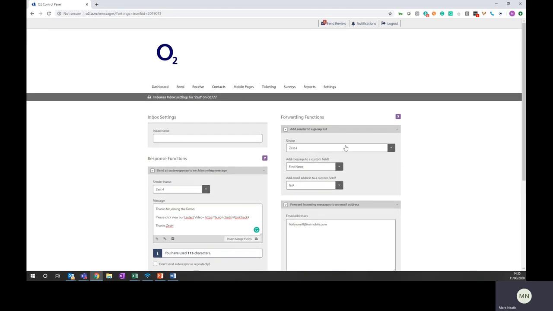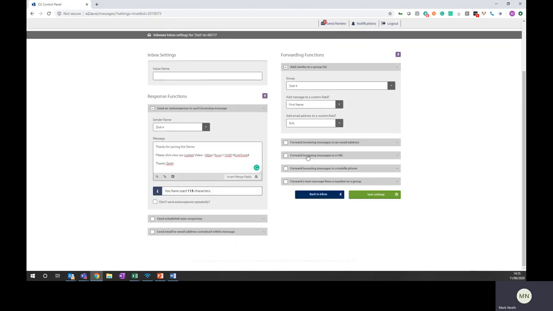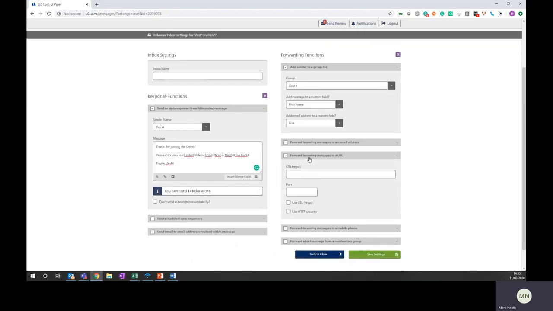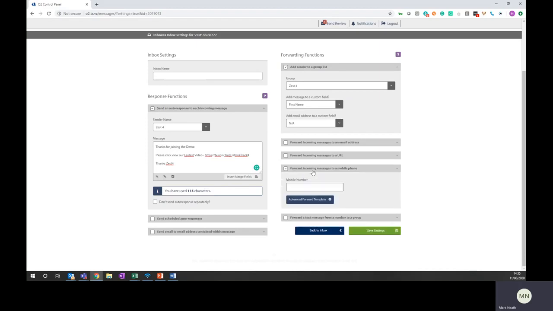On the right hand side of the platform, it's about looking at what we do with that text message. So first of all, we're going to add that sender to a contact group because I want to send to those people at a later stage. We're going to forward that email address onto someone if we want them to action on it. Or we can forward it onto a URL to be picked up for some integration points. Or we can forward that message onto another mobile number. So if you're looking to